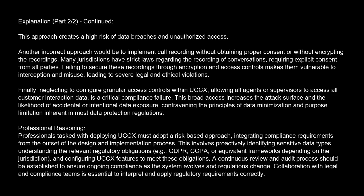Another incorrect approach would be to implement call recording without obtaining proper consent or without encrypting the recordings. Many jurisdictions have strict laws regarding the recording of conversations, requiring explicit consent from all parties. Failing to secure these recordings through encryption and access controls makes them vulnerable to interception and misuse, leading to severe